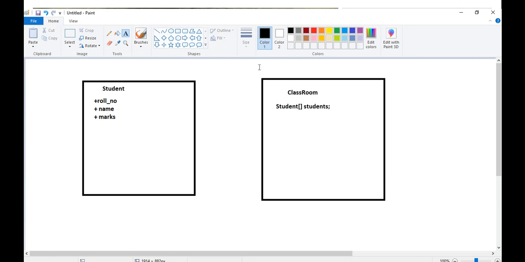Okay. I got another class lined up called the classroom class, and in this classroom class, I got a collection of students. Now my requirement is, using this classroom class, I want to perform operations on this section.